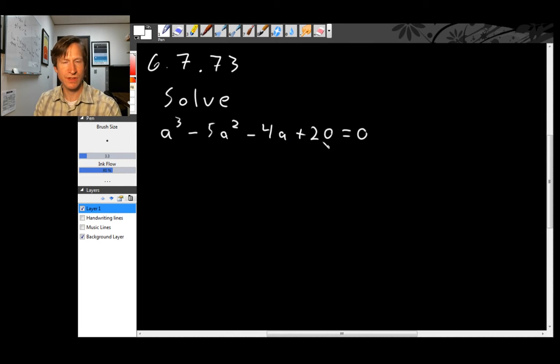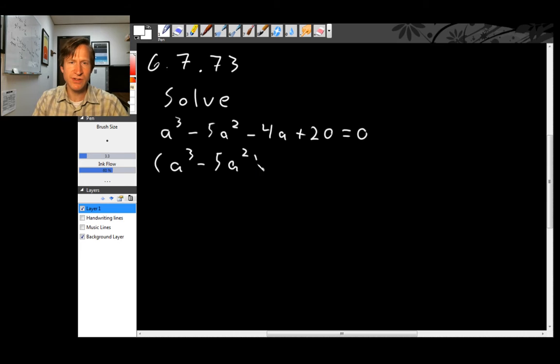Because this polynomial on the left has 4 terms, to factor this, really the only chance we have is factoring by grouping. So let's group these. We're going to group these first 2 terms, a cubed minus 5a squared, and we're going to group the second 2 terms. Be careful about this minus sign here. To group, the minus sign sort of goes into the group, and we need a plus outside of the group like this. So the second group is minus 4a plus 20